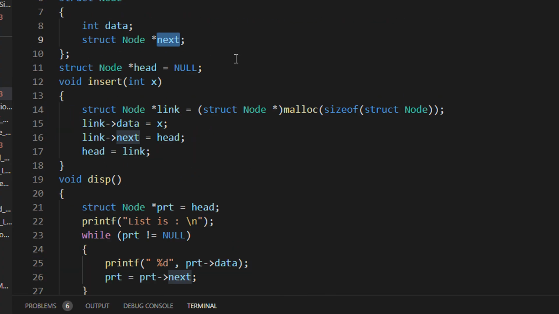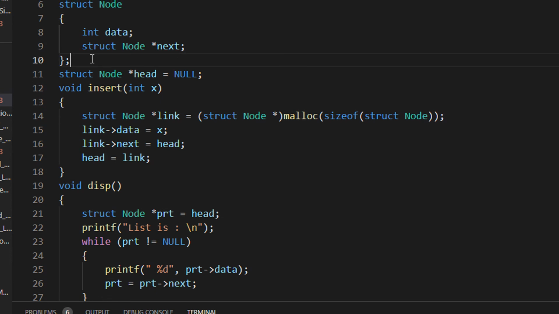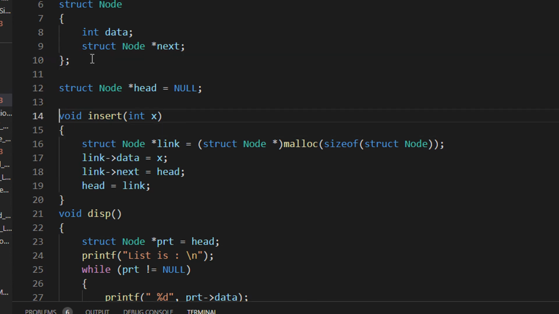Now what happens here, let us come back to the main. So this is the structure, and you see there is a node here which is known as structure node head, which is defined as null. Now what is this structure node head? Head is the topmost element. You can remember it with our analogy as an engine. Engine is basically the first element, right?